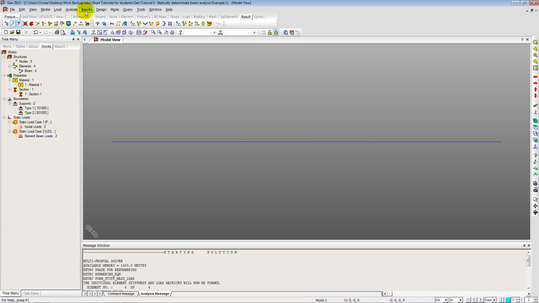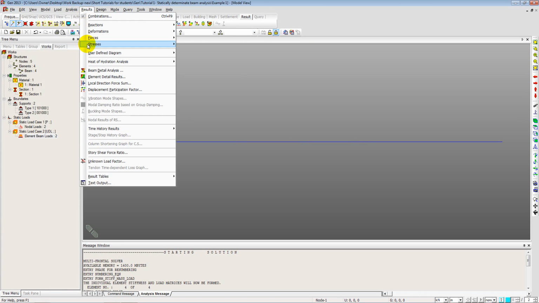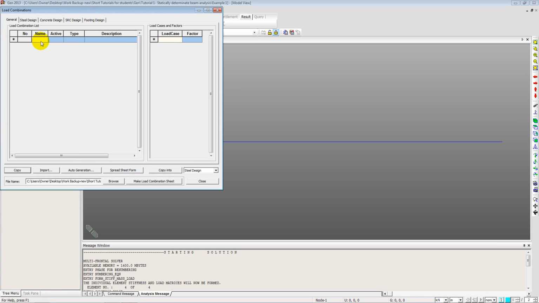And for the results, first of all, since we have 2 different cases, we need to combine them because we want to see the reactions for the total loads on the structure. So combine these 2. So we go to results and click on combinations and enter a combination. So give a name, combination 1. The type of combination is additive or the summation. Load cases to be combined are P and UDL, both with the factor multiplied by 1,